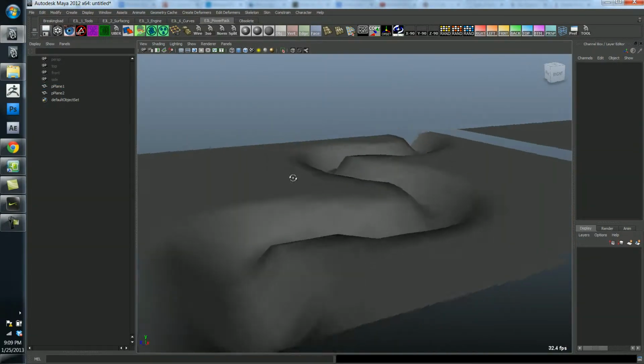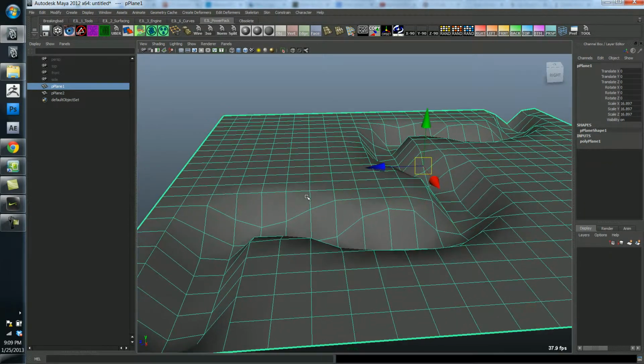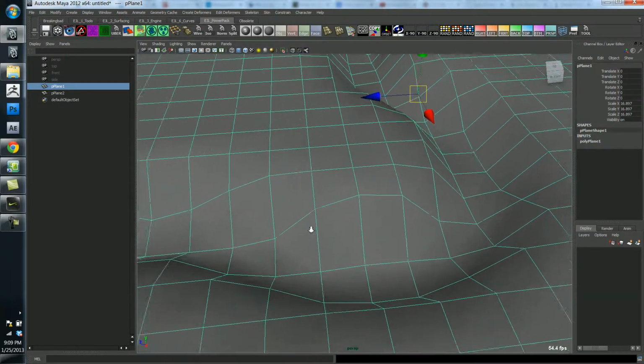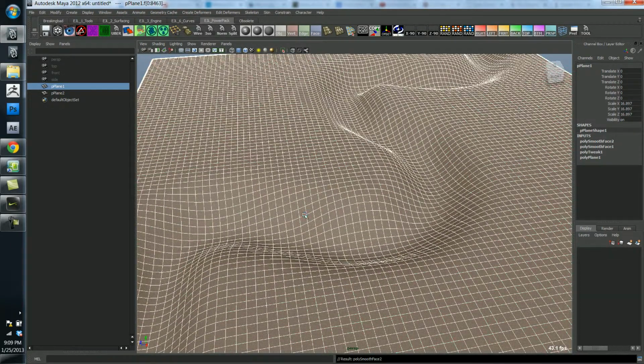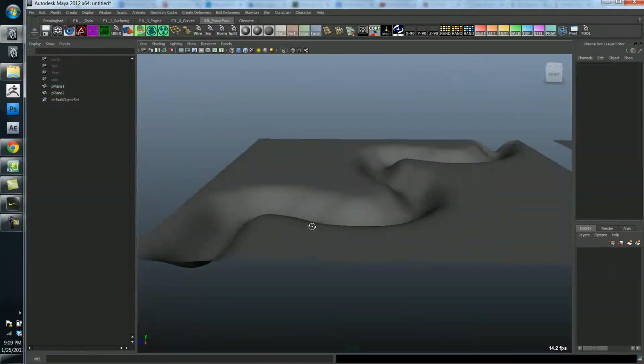If we want to get nice sharp lines here, we're going to have a really hard time doing it this way. In fact, you'd have to have 4 or 5 or 6 times more polygons than what we have here. And that's how the program ZBrush works, but we'll talk about that later. In Maya, you don't have the ability to just keep dividing and dividing until you have no more problems. Because now you can see already,